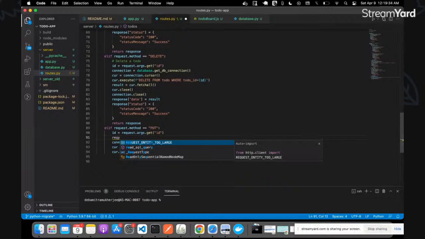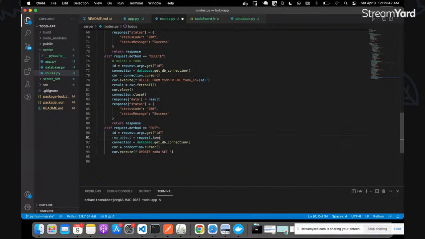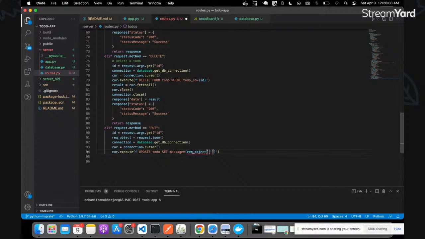So we have a request equal to request.json. So this gives us our request object. To do set message equal to request, it would be called message,